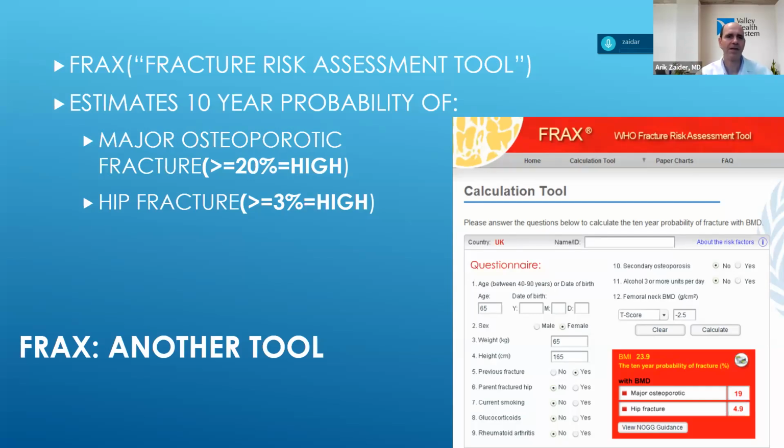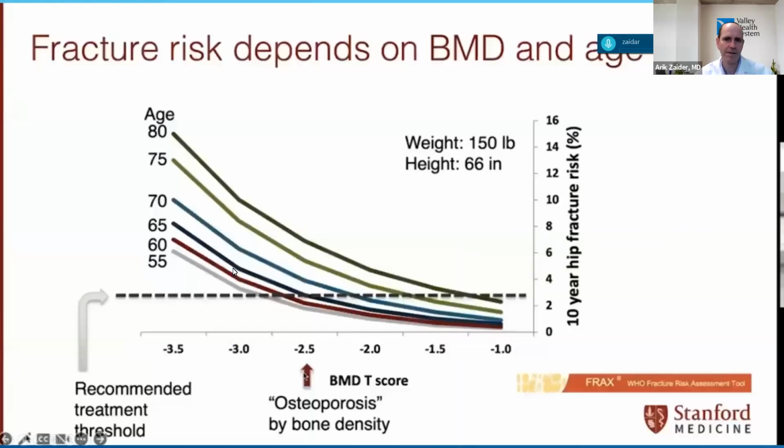20/3 is the key. If your number is 20/3 or more than that, like 30/5 or 35/8, that's a high risk. That means there's a high risk of osteoporosis, not based on your T-score, but based on all your risk factors. And some of the things we mentioned about weight, having a condition, having fractures, having family history, things like that. So this slide's a little bit complicated, but it kind of makes the point that it's not just the T-score that counts. And I just wanted to demonstrate that, based on what it shows.